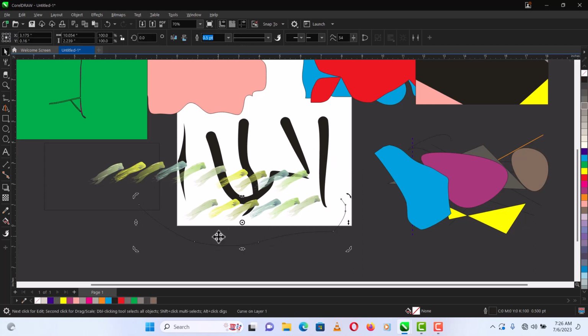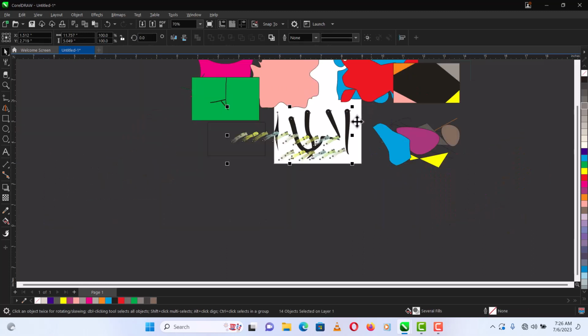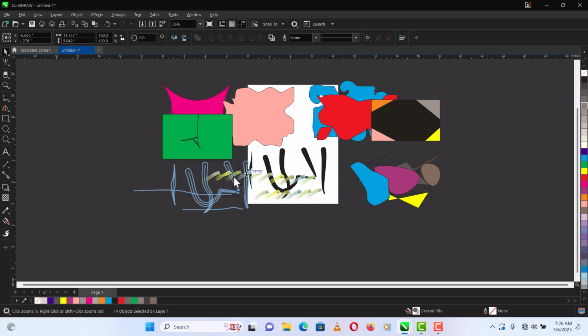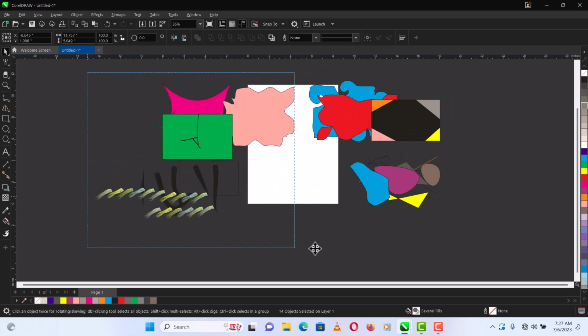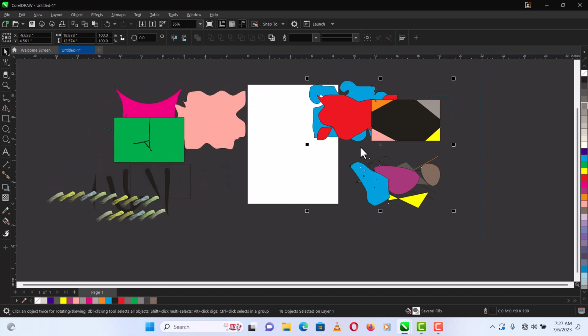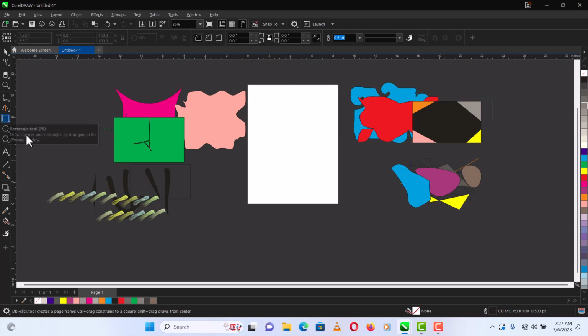So let's go to our next tool. What is our next tool? We have, yes, one of the important tools. So let me move this one out like this, so that we can see what we are doing properly. So we now go to the next tool. The next tool is the rectangle tool. So once you draw a rectangle like this,